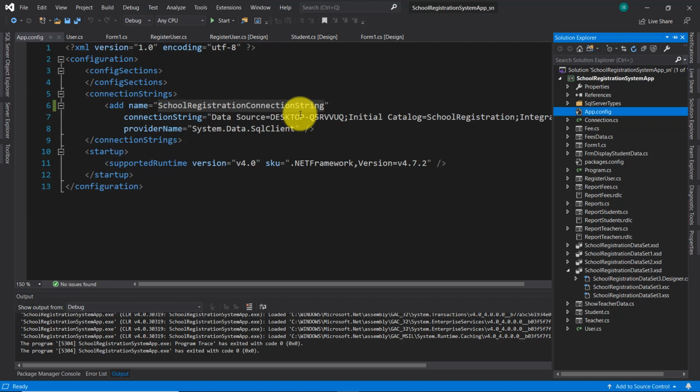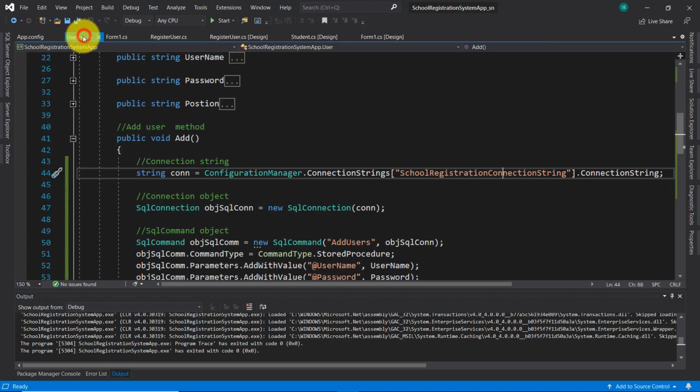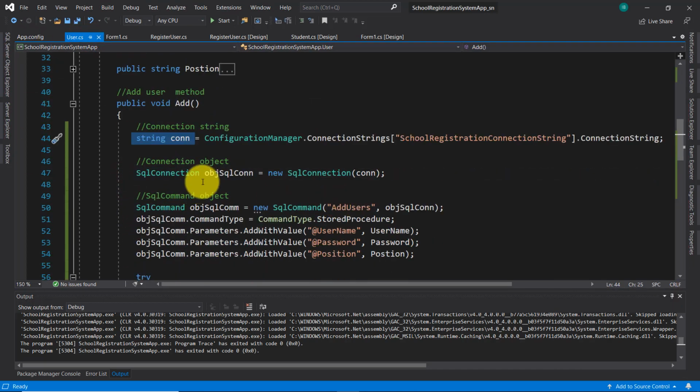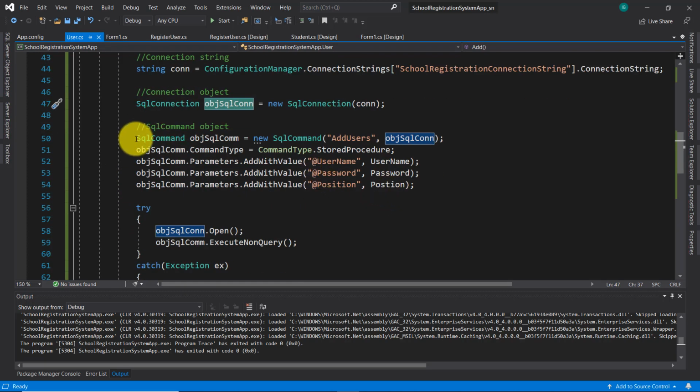You can change it, and you can use a different name. Alright, let's go back, and so this is the string for connection. Here I instantiate this object for connection. Here I create the object for a SQL command, which will add our values inside the TBL user table using